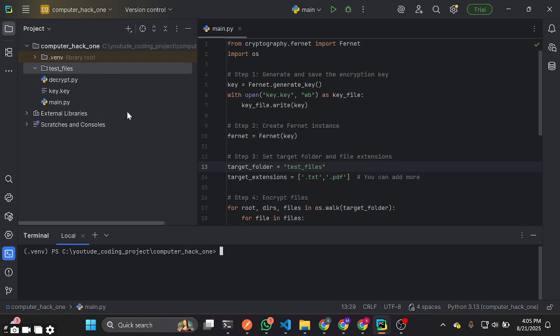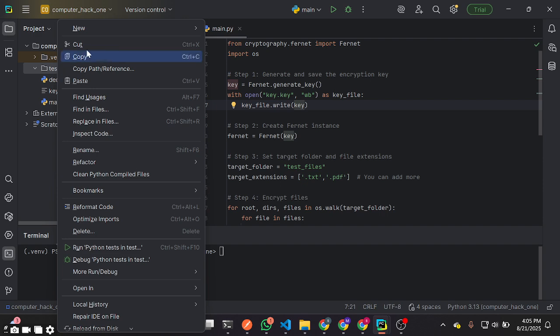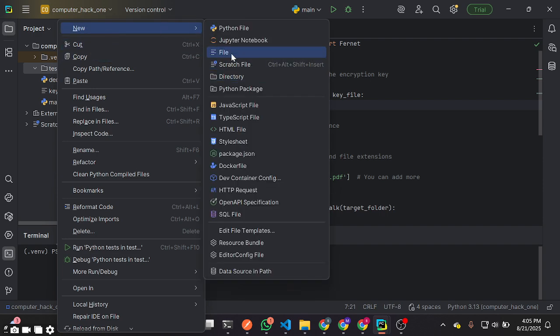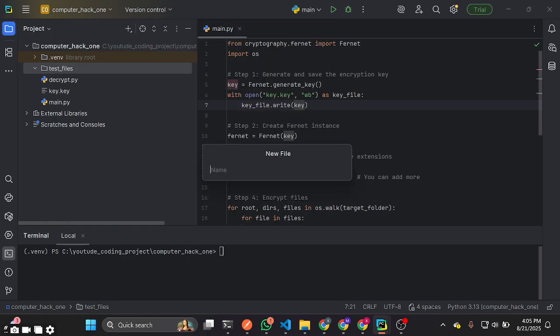So let's start now. I have a script here in Python, and by the way, I'm using PyCharm, the trial version. I'm going to come straight to this folder called test_files, and inside of this folder I'm going to create a file, any kind of file. I'm going to call this one main